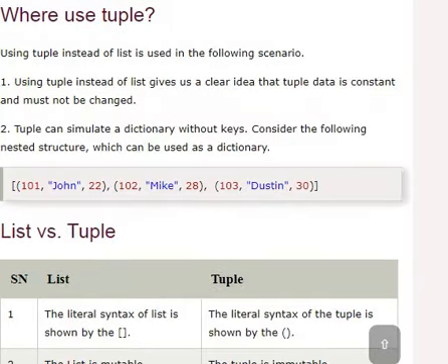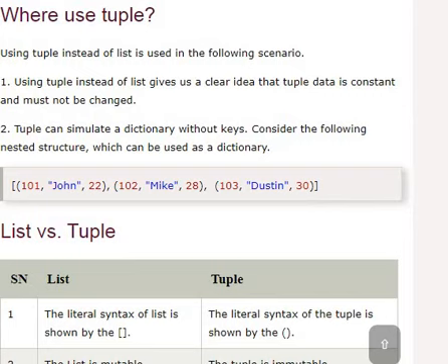If tuple and list work in the same way, then where do we use tuple? We use a tuple instead of a list where you don't want to make any changes to the data. And a tuple can simulate a dictionary without keys.